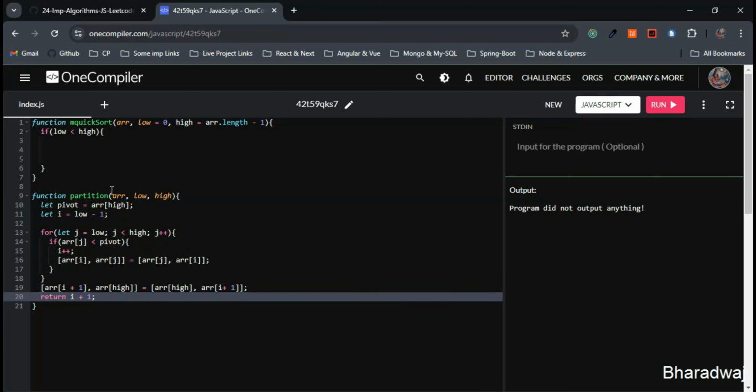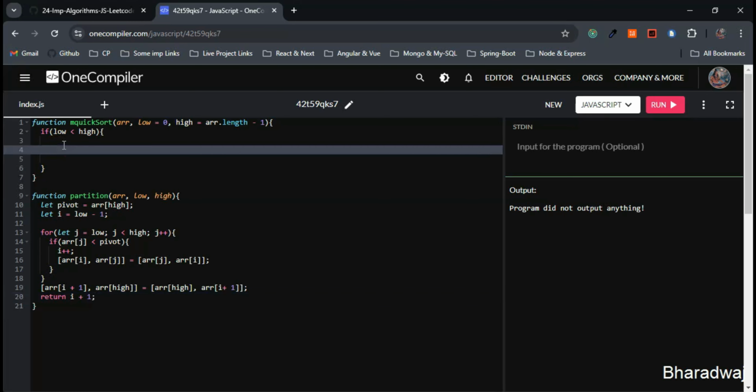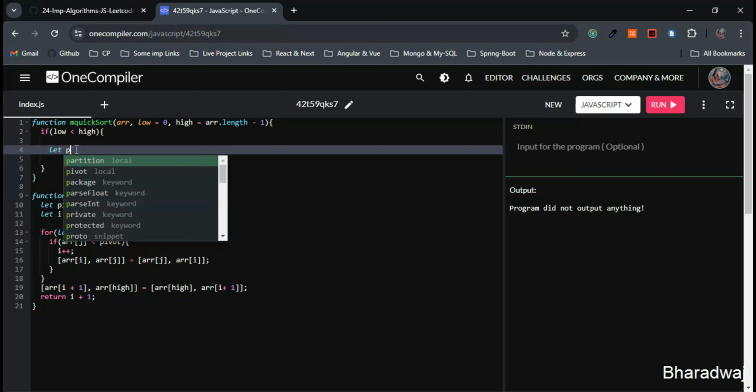So now we have the partition function. We will come to the quicksort function, and then here we will write whatever is needed. After this, the base case was if the lower index is lesser than the upper index, then we will partition the array and we will get the partition index, nothing but the pivot's final position. Now you clearly know the partition function, right? Now we can just partition the array and get the partition index. So I'll just write here